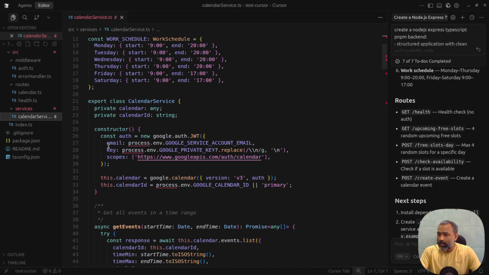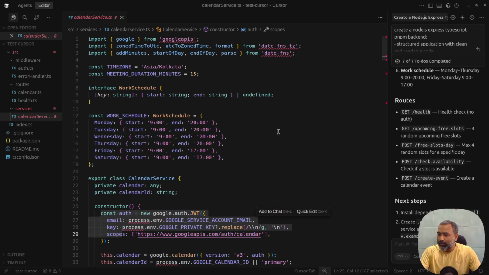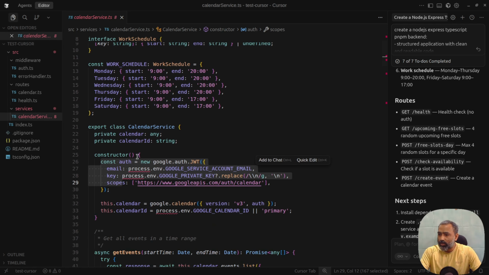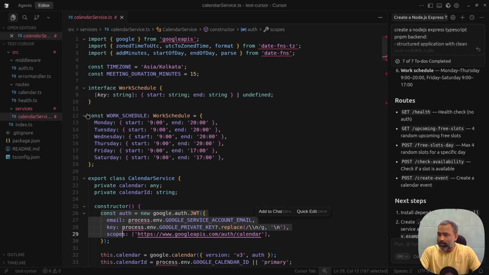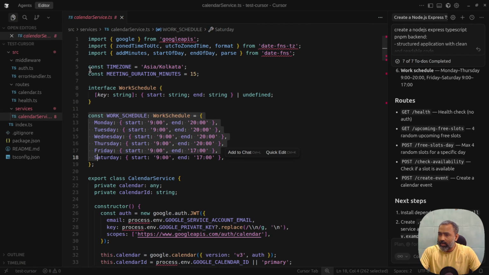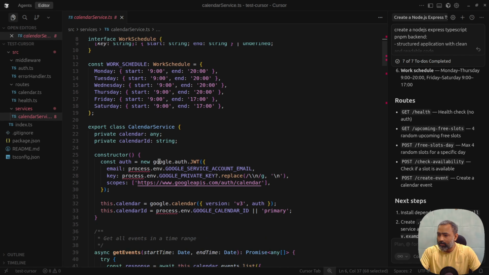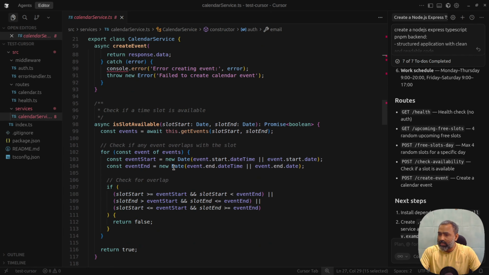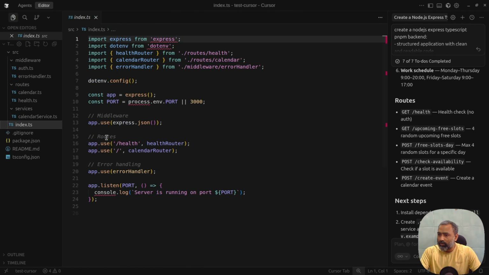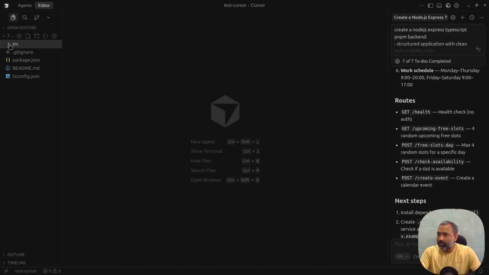Okay, and it has created the JWT client accurately, I guess, but I don't like that it did not create a configuration where it reads all the environment variables, and it should have this work schedule and time zone and this meeting duration in it, so that if we want to change it, we can. It is actually trying to read all the environment variables in each file separately. And let's review index.ts. This looks clean. So Cursor looks clean with Composer. Let's try to